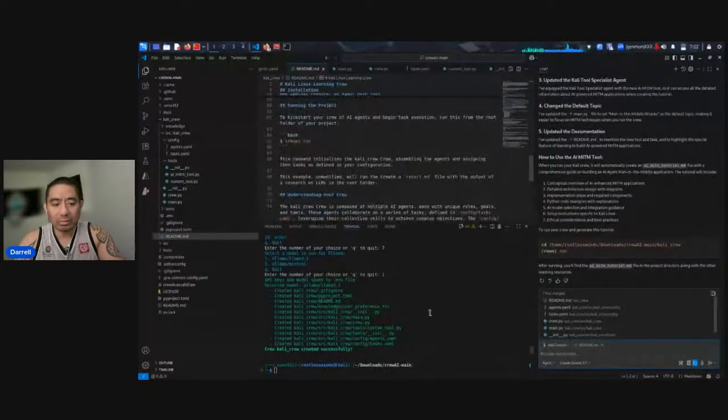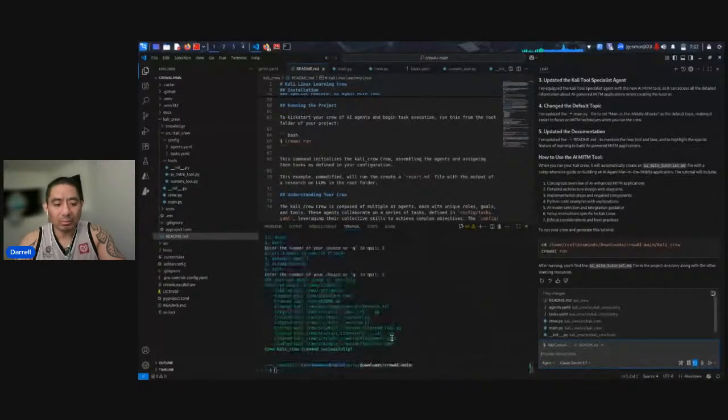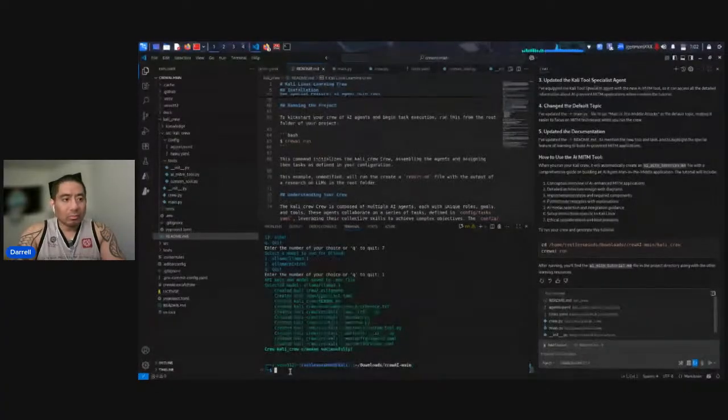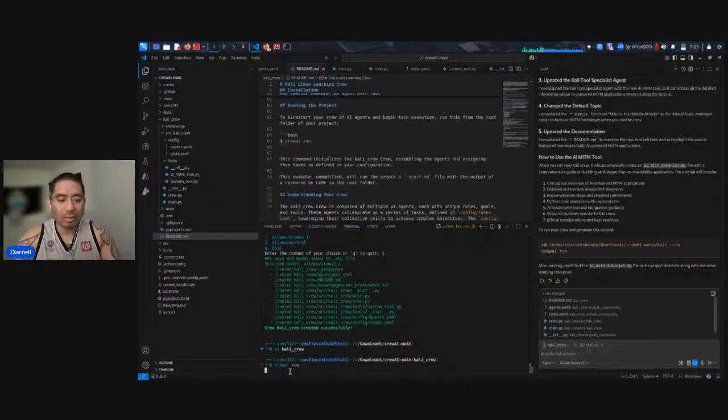We'll scroll all the way down, and then we can do cd Kali crew. Okay, and then crew run. As you see right here, I can kickstart the crew.